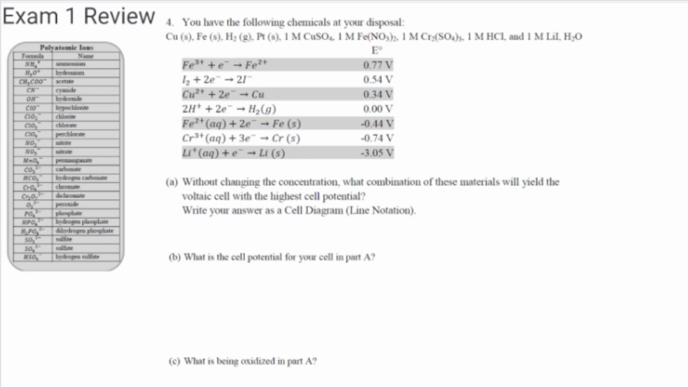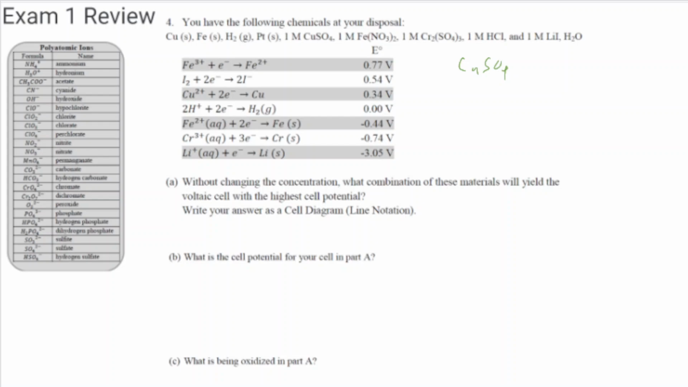So looking at this, the question is going to ask us, without changing the concentrations, what combination of these materials will yield the voltaic cell with the highest cell potential? So we want to figure out the highest cell potential. It goes on to say, write your answer in the cell diagram. We'll go through that in a little bit, but first thing you want to do with these things is figure out what you have. So if we're looking at the copper sulfate, it says that we have a copper sulfate solution,